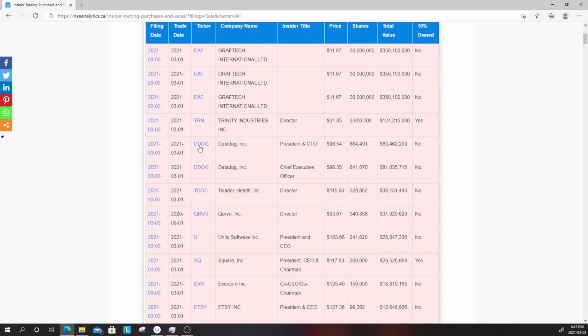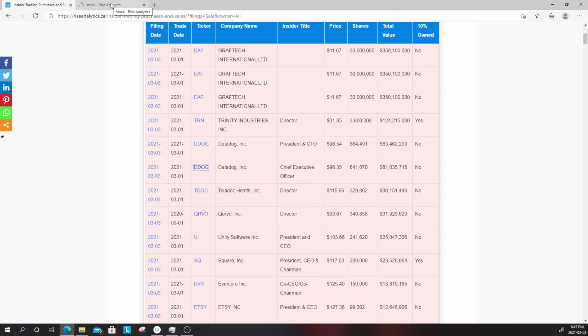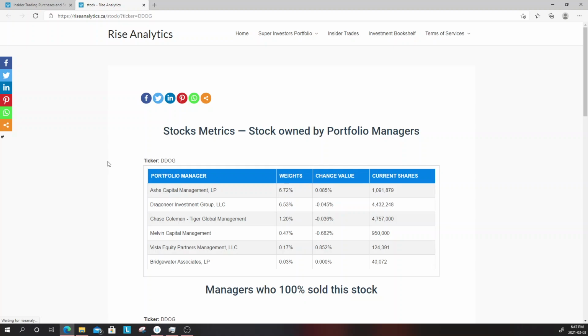for example, this is Datadog. The president and chief technology officer sold Datadog stock today, and that's not a small amount. That's 83 million. Although he's a chief technology officer, and not only him, even the CEO also sold Datadog